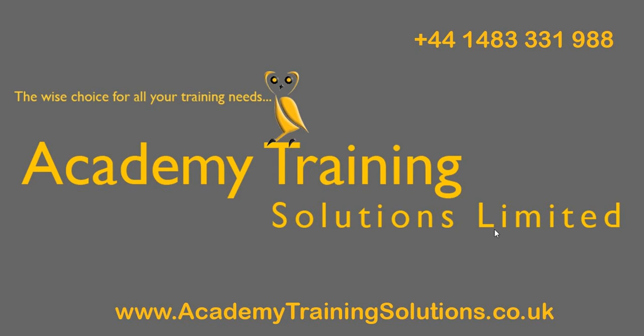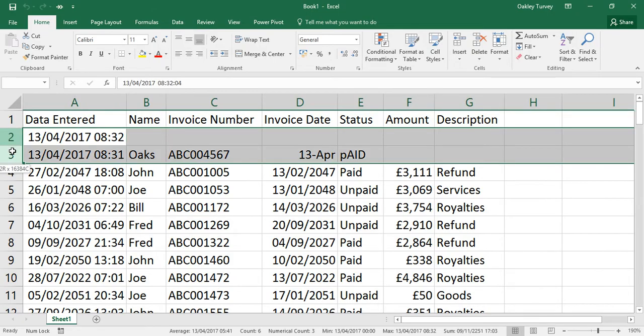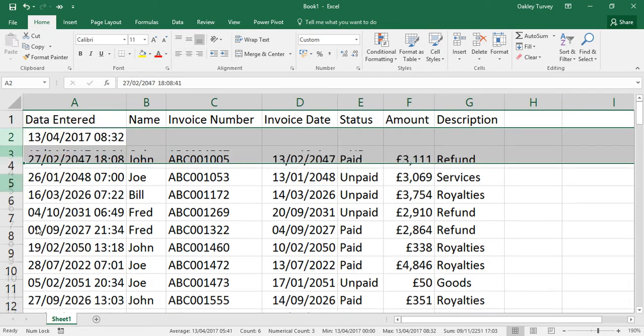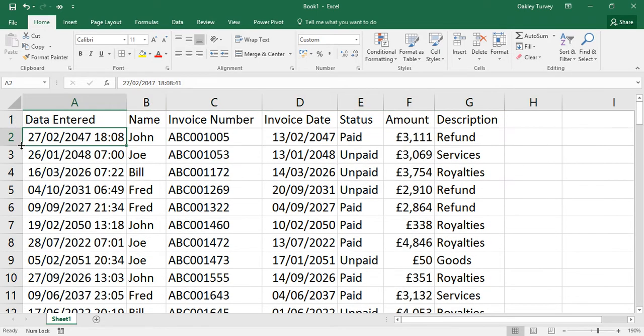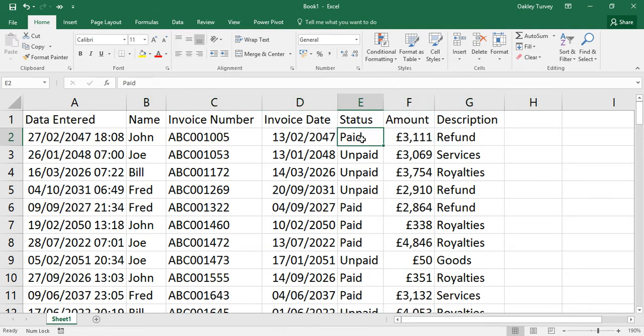And today what we're going to have a look at is someone had a question about entering data into a sheet where they needed to put in the timestamp for the date that the data was entered in addition to the date that the data refers to. The reason for doing this is that the data might need to be sorted by either of those fields at any point. So if the status changes for the same invoice number from